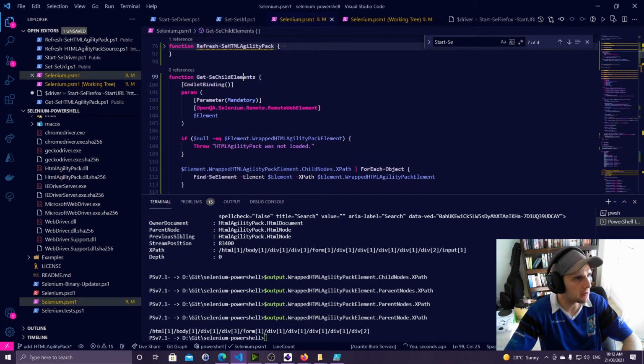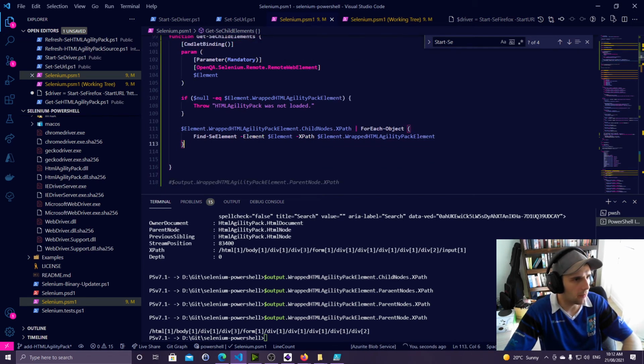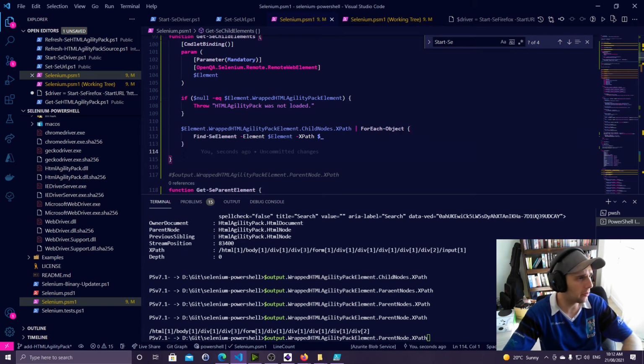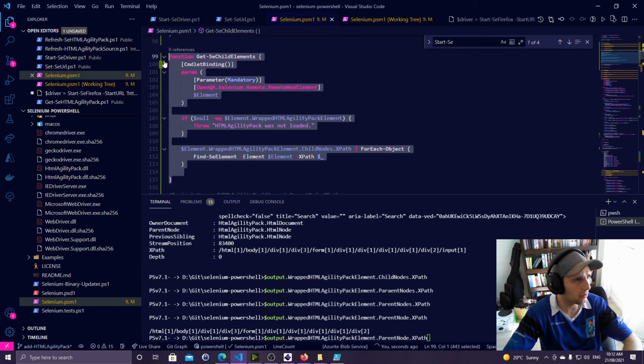What that means is that it will return the XPath property, or the XPath values for that, and then we can just pass that in as so. And that's it. That will return back to the pipeline. So we can actually test that right now. We don't even need to